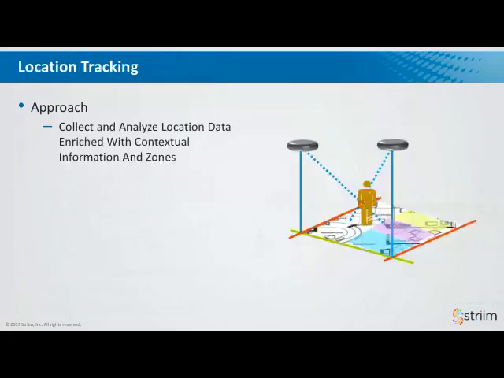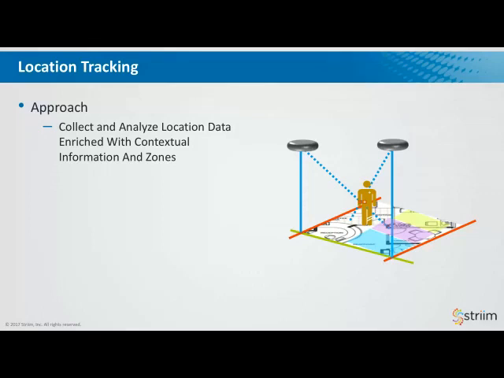And a final example, again using a similar architecture, is location tracking. Location is a really important aspect of IoT and is also a really important reason why you need stream processing. The thing about location is things move around a lot and they move around quickly, and you want to be able to deal with them quickly.